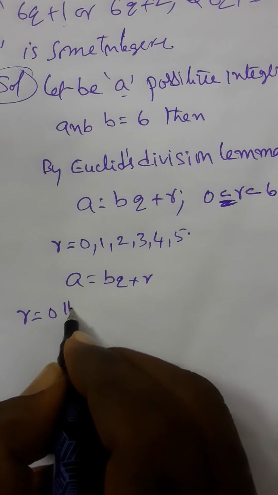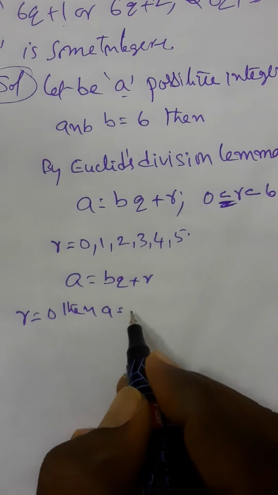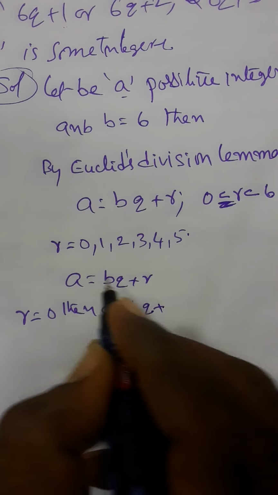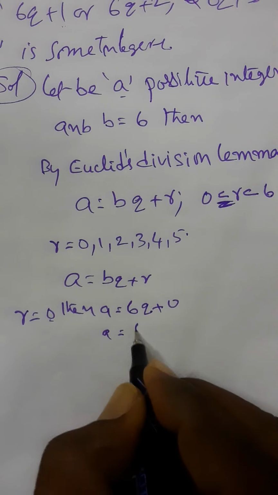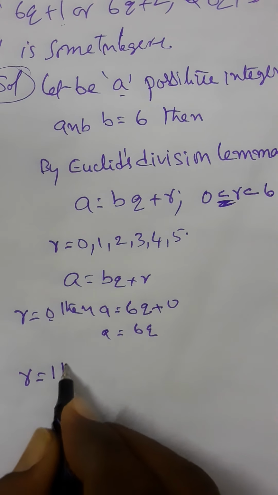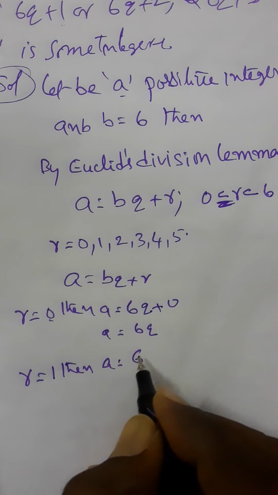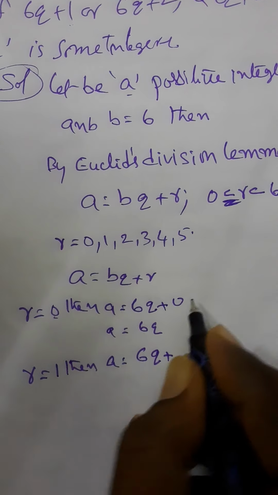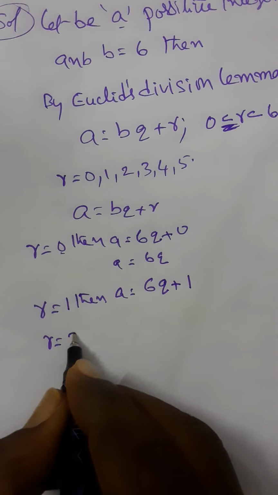So r equal to 0, then a equals bq plus r, with b equal to 6: a equals 6q plus r, and r is 0. So a equals 6q. Next, r equal to 1, then a equals 6q plus 1. Next, r equal to 2, then